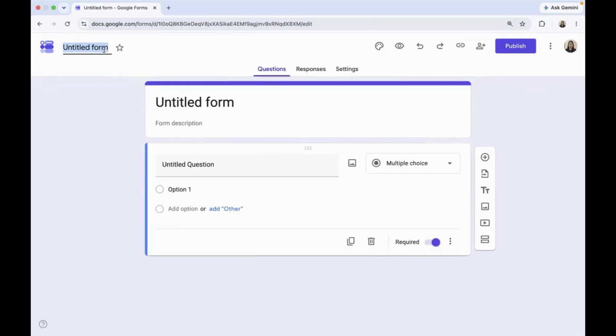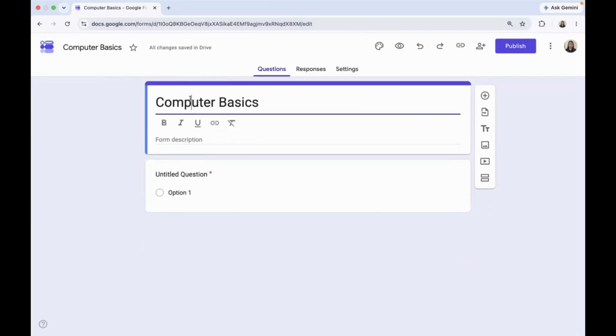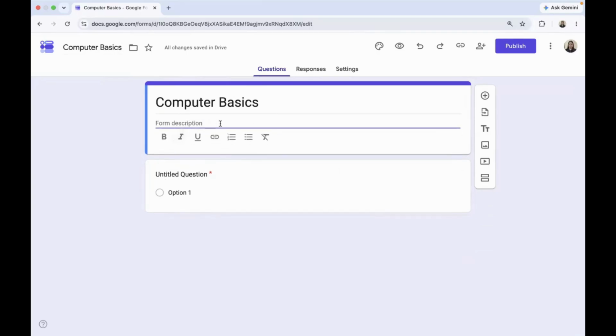First, we have to name the form. Let's try to have a name, Computer Basics. Okay, so that will be the title of our form. For the form description, let's just have the instruction here for our students as to how they will answer the form.